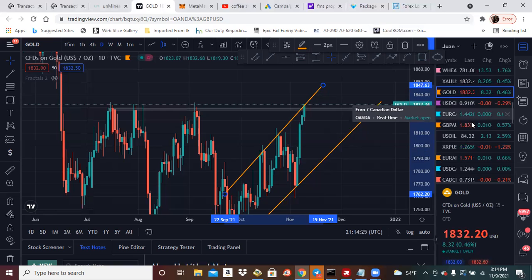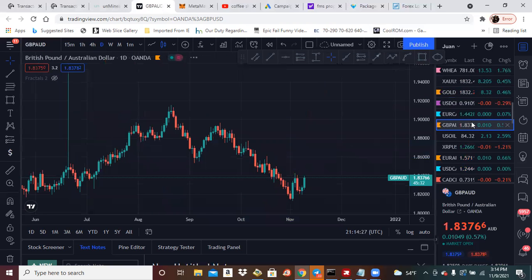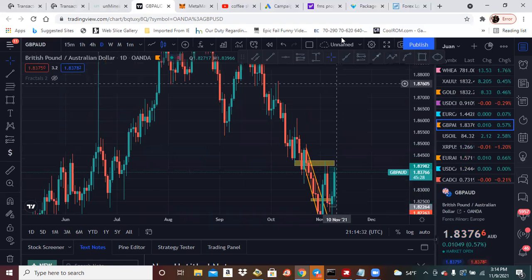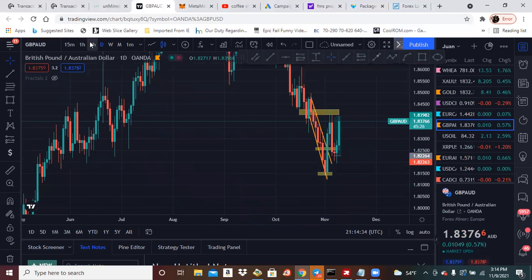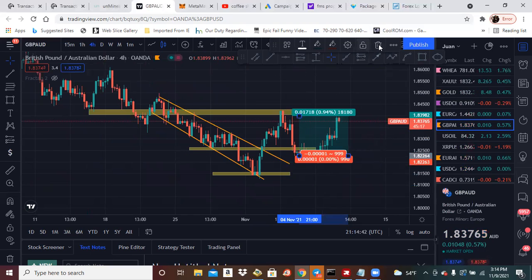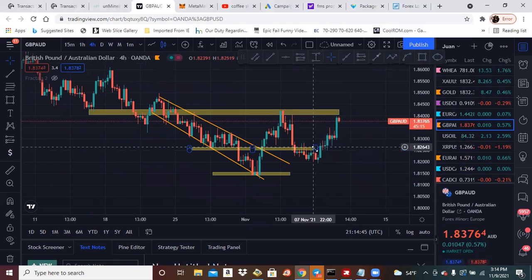I probably missed out, because the move already happened. And okay, so it already hit TP. I thought maybe you had a double top in the drop. All right, so for GBP odd,